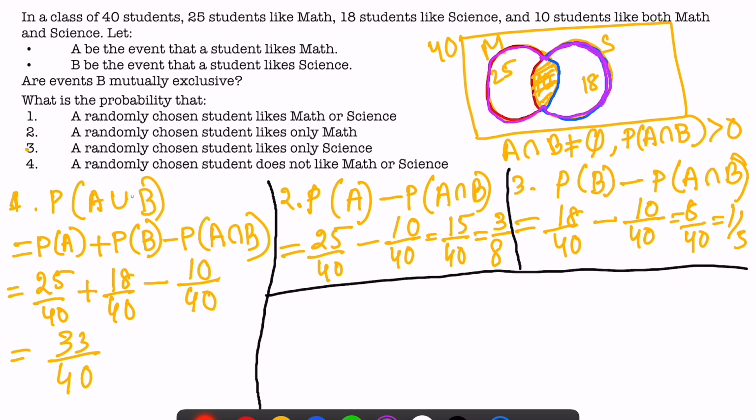So the probability of students liking either math or science. Now we want to calculate the probability of student that doesn't like math or science, the student will not like math and will not like science. So we have to calculate the probability of this outer region,